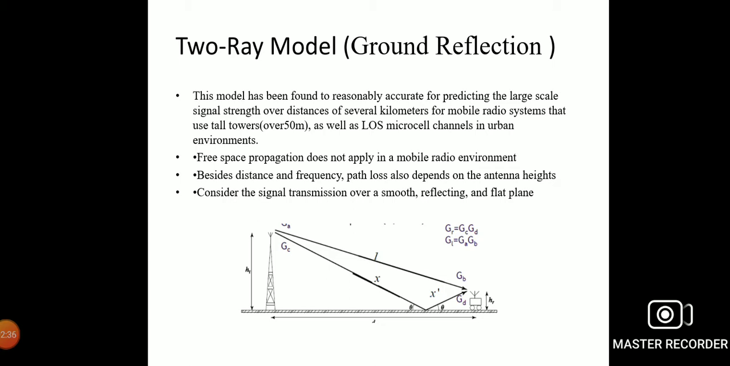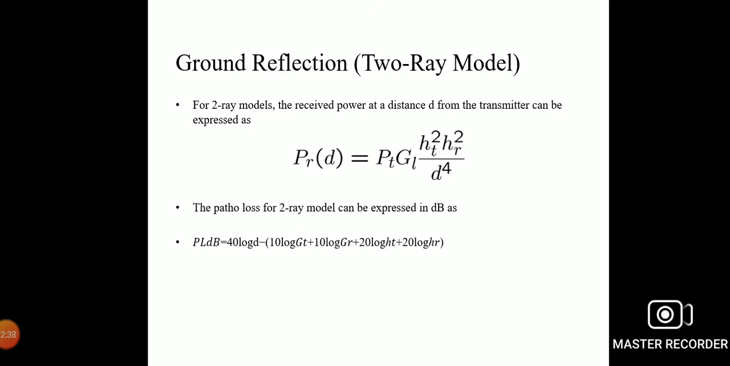Now let us move to the ground reflection, that is the two-ray model. For the two-ray model, the received power at a distance d from the transmitter can be expressed as received power Pr of d is equal to transmitted power into gain into the transmitter height of the antenna and the receiver height of the antenna divided by the distance d